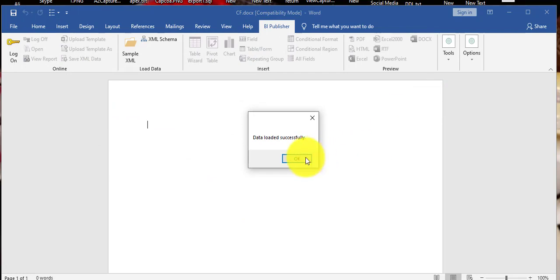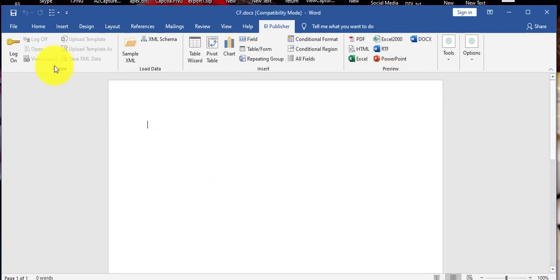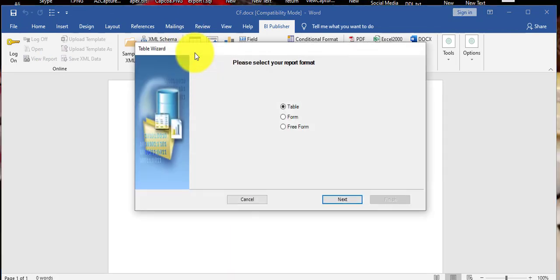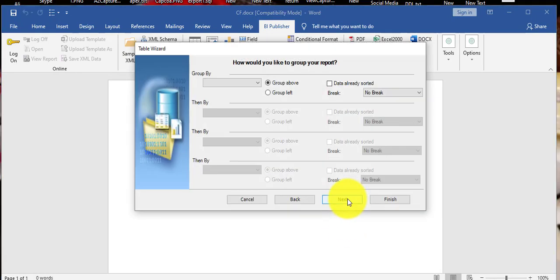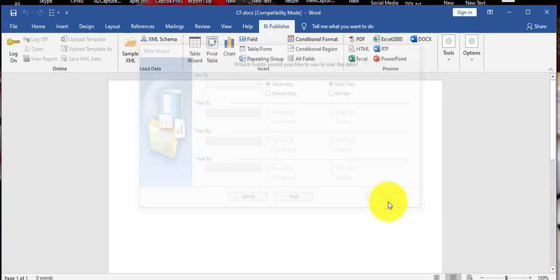Data loaded successfully. Now I'm going to the create wizard. Next, I'm scanning all the columns. Next, finish.